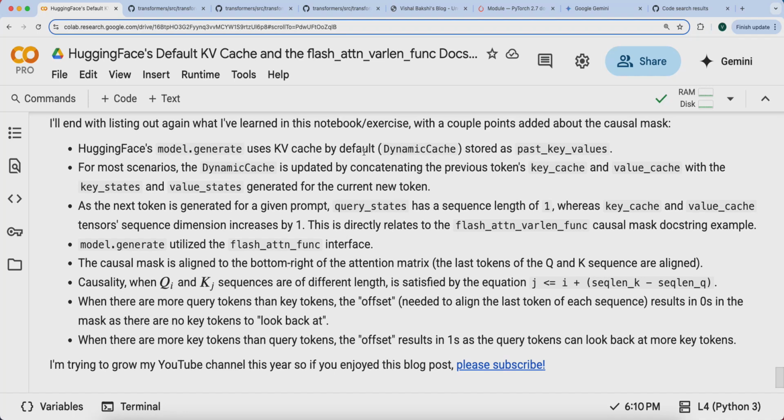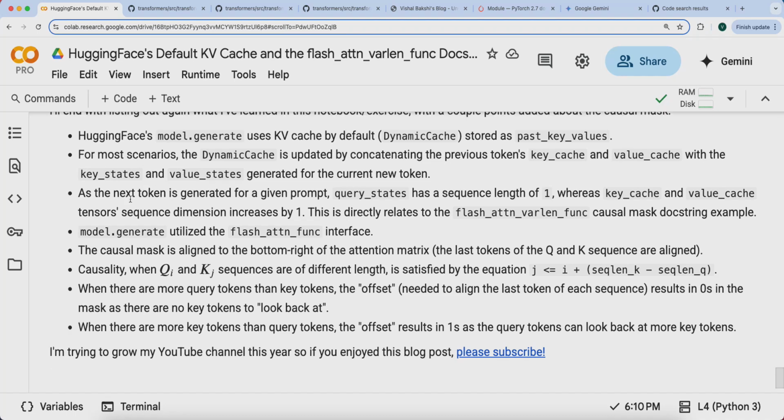Model.generate uses KV cache by default. It's called DynamicCache, and it's stored as past key values. In most cases, unless it's the very first forward pass or you skipped some layers, DynamicCache is updated by concatenating the previous token's states with the current token states for key and value, respectively. As the next token is generated for a given prompt, query states has a sequence length of 1. In the first forward pass, it's 3 because it's processing the prompt. Whereas key cache and value cache states tensors' sequence dimension increases by 1